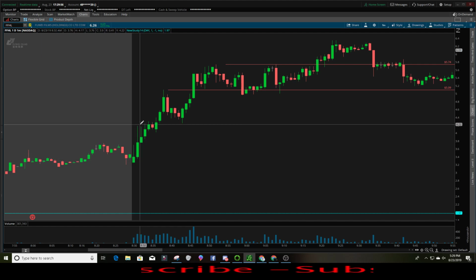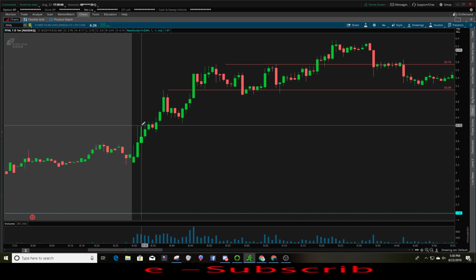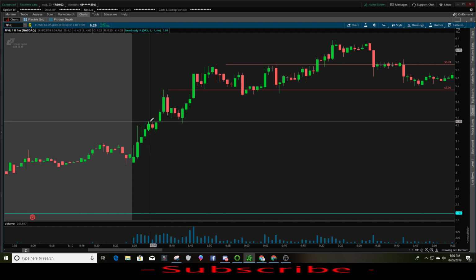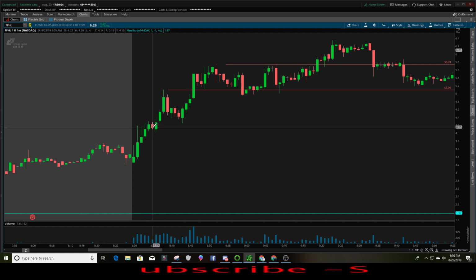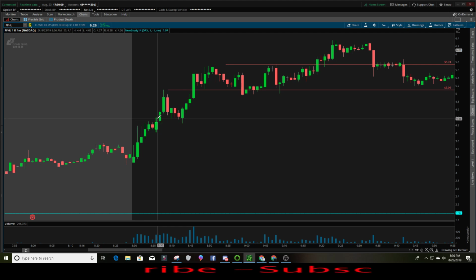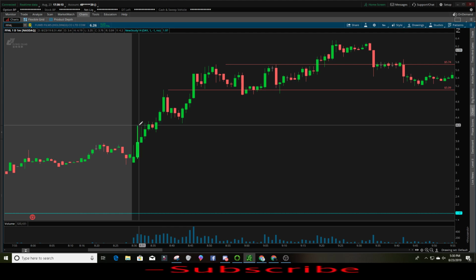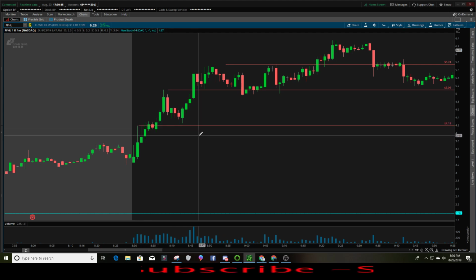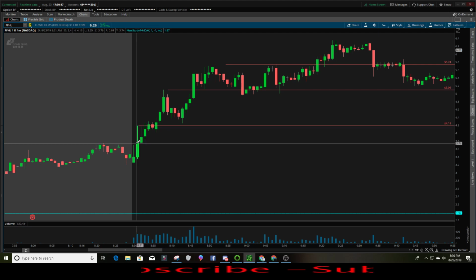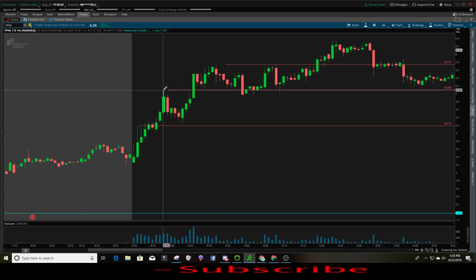You got a pop up. So right here, that's a high of 429. Here's your first pullback, and it gets bought up instantly, right? So if you draw a line right here, this is how I trade. That's the first high candle right here. So you get a pullback, it gets bought up. Next high,